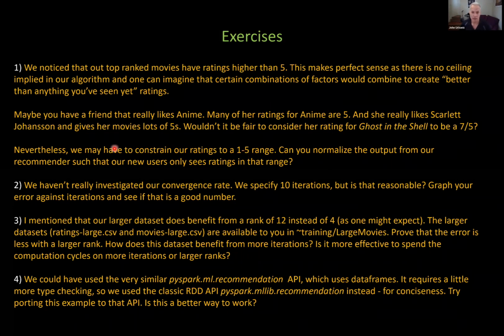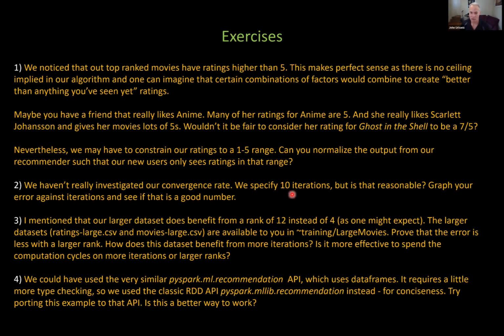This is a good exercise here in a little bit of statistics, a little bit of Spark. We have some other hyperparameters here in the mix that we've kind of ignored and assumed that our guesses were good and valid, but we really should investigate them. An easy one to investigate is that convergence rate. Somebody even asked a question about it already, and we picked 10 iterations. Is that reasonable, or are we wasting our time? And by the way, when you start using the large movie data set, you're going to find yourself wanting to do less iterations.